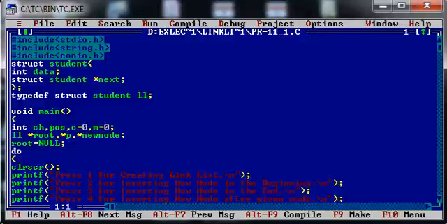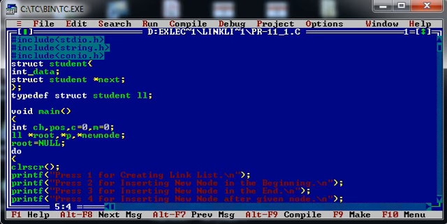So as all of you know, a linked list is generally made up of two parts. One part contains the data and the second part contains the address to the next node. As you can see over here, I have created a structure called student which contains two members in it.